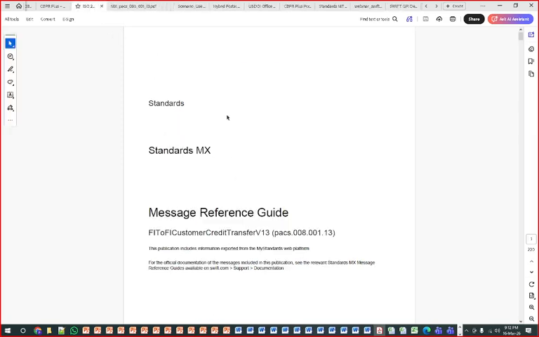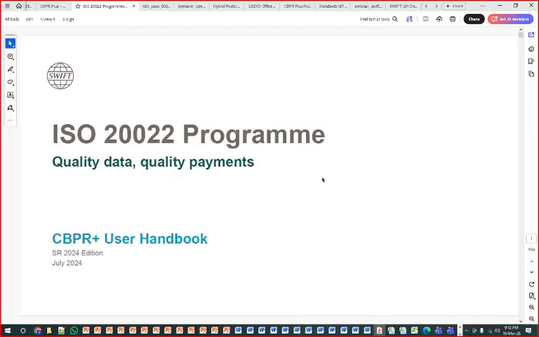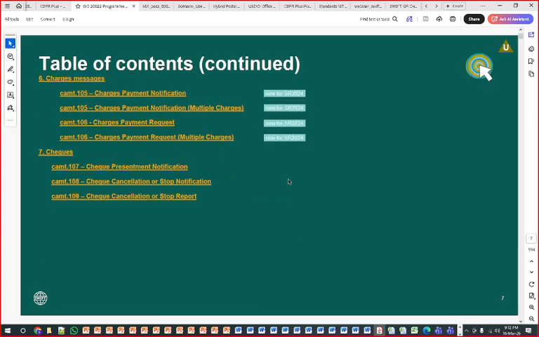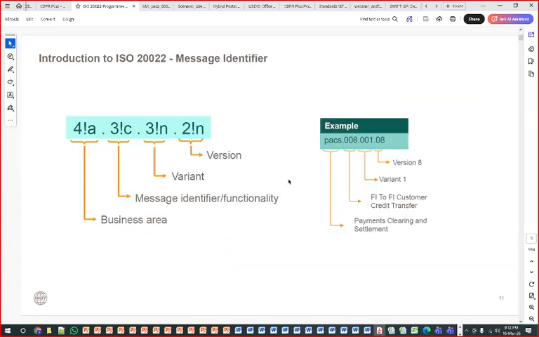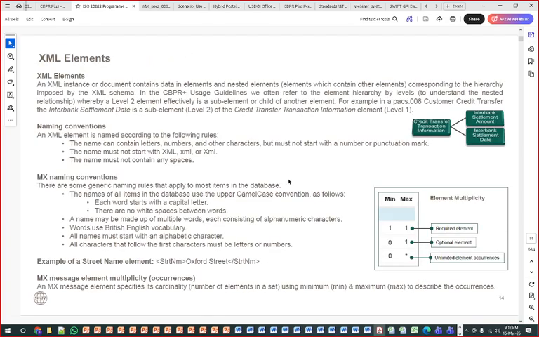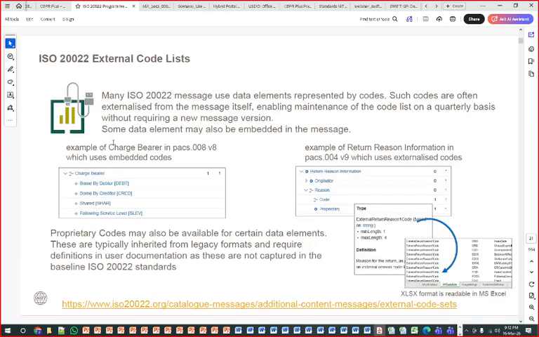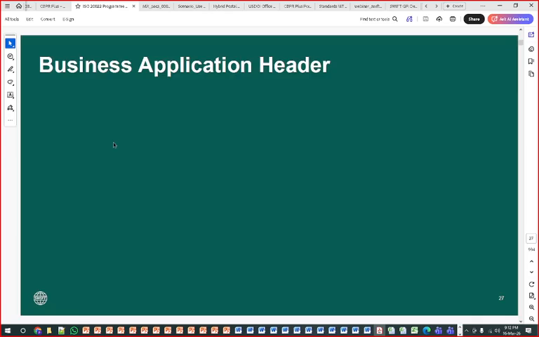In a similar manner, when we are discussing ISO 20022, we have a 900-page document. When we are learning ISO 20022, we are going to learn how exactly each and every message looks, their regulations, their rules, what the new terminology introduced here is, and like this.